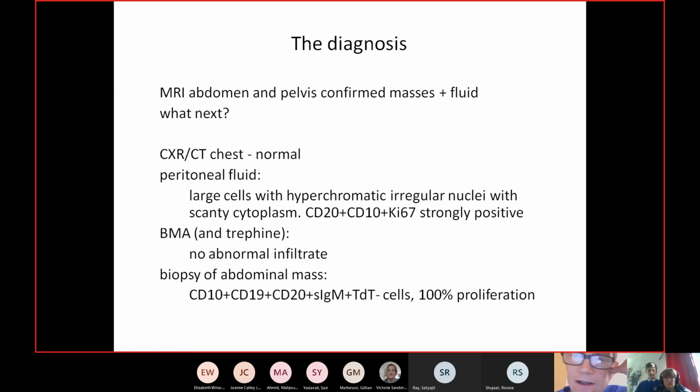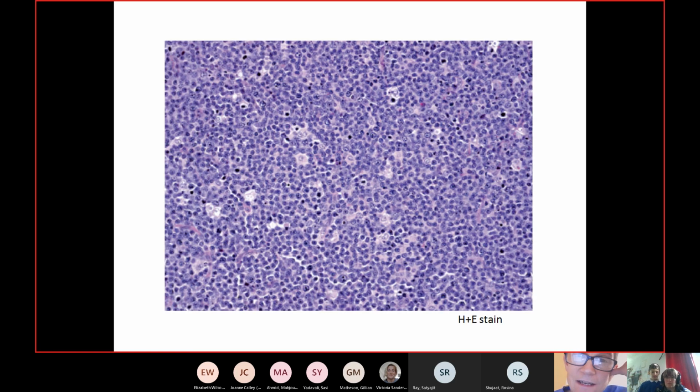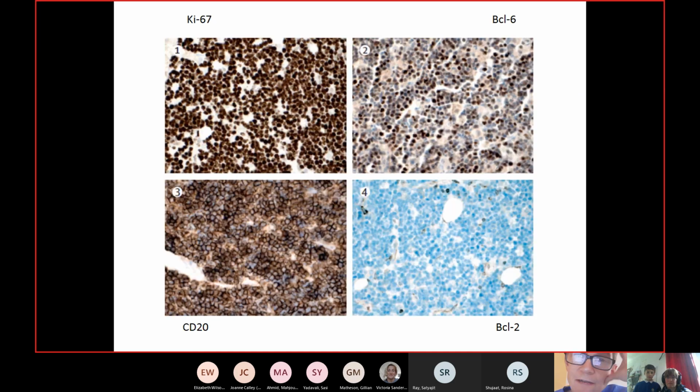So if we go on to the next slide, this is the classic stain, and this is the sort of starry sky that everyone learns about as medical students, I guess, Burkitt's lymphoma. And the next slide, just to give you some idea of what's seen down the microscope, I'm sure you've seen this in pathology meetings. So the Ki-67 at the top left indicating that virtually all the cells are proliferating, and